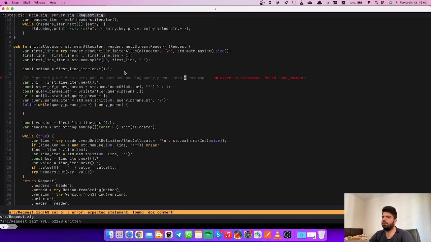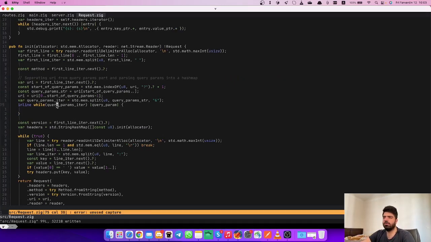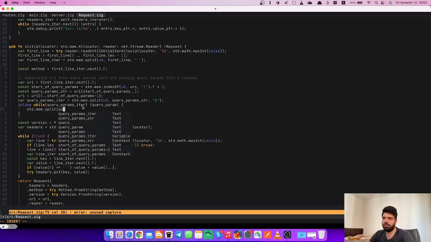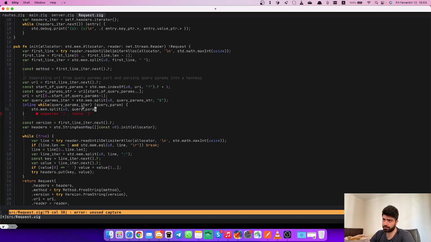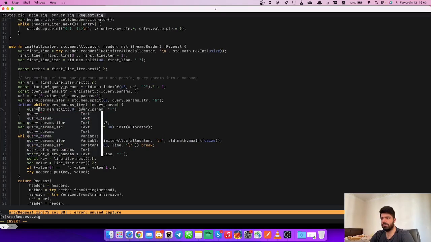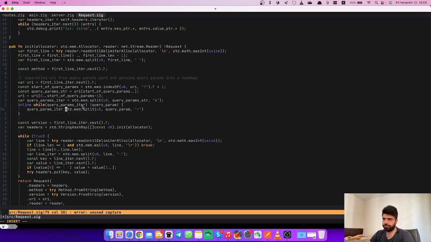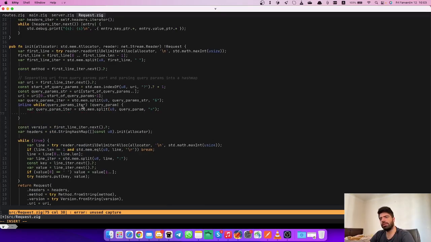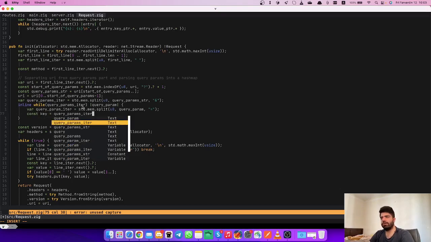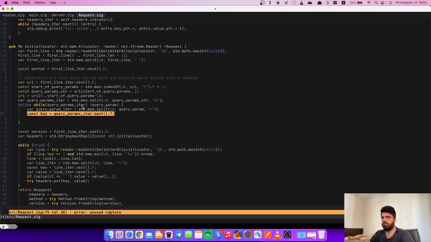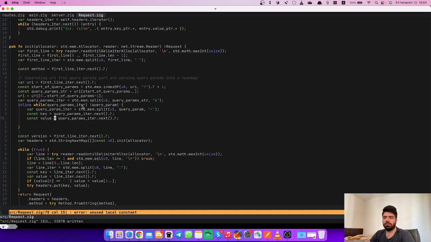So each query param is separated by an equal sign. So we do that as well. std split query param, u8, and an equal sign. Split gives us a query param iter. My key would be query param iter.next. My value would be the same. So finally,